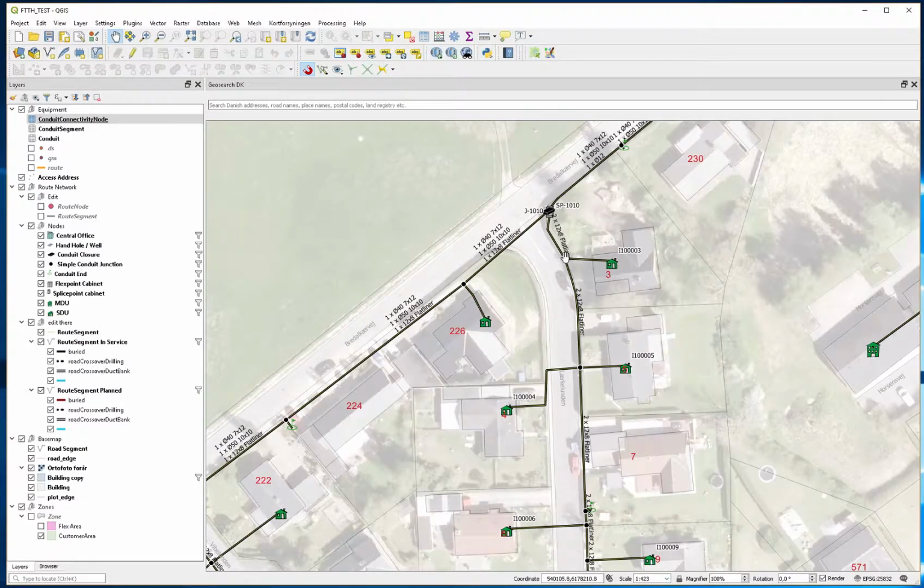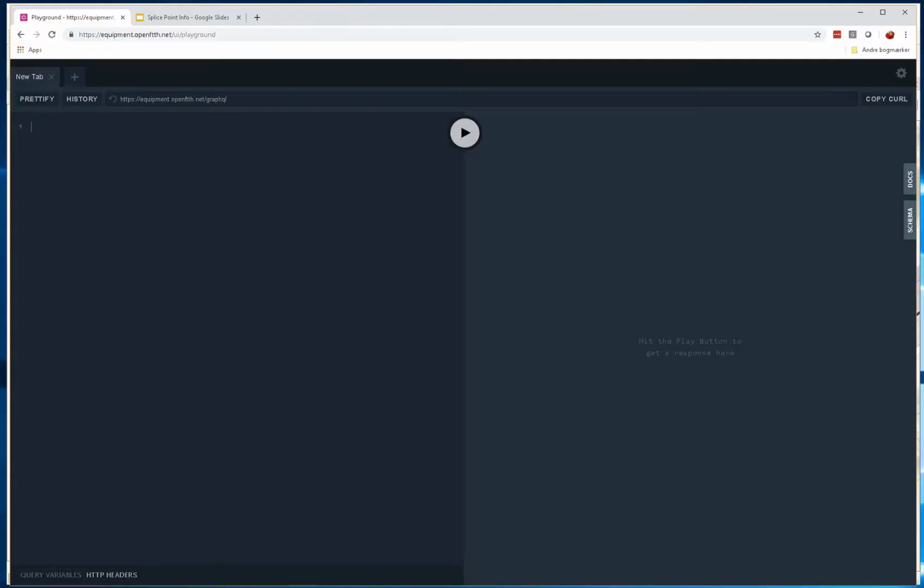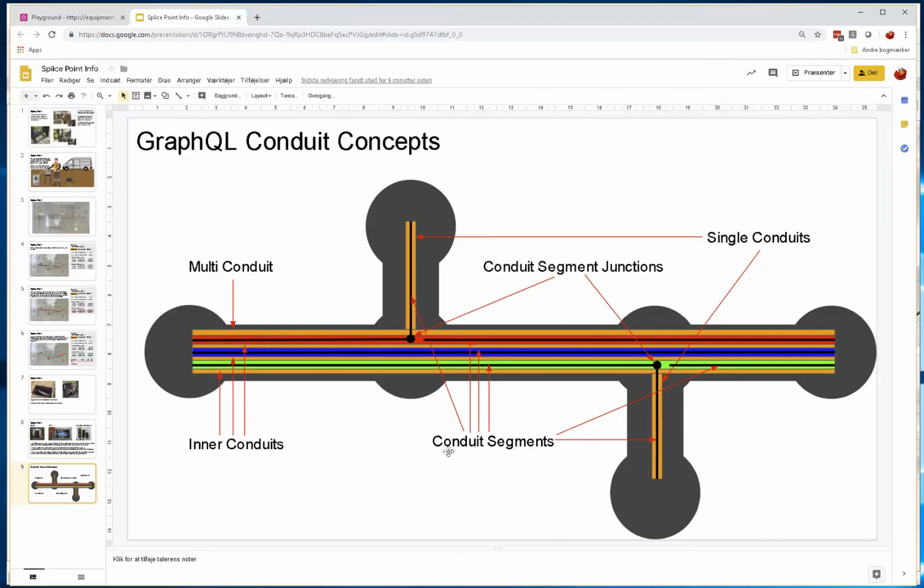But before I do that, I will show you a little about the concepts that I used in the query and in the model underneath, because otherwise it will be quite difficult to use the API, I think, if you don't understand these basic concepts. So I will show you this guy here. Here I have tried to show, in a very schematic way, the different concepts used and a little example